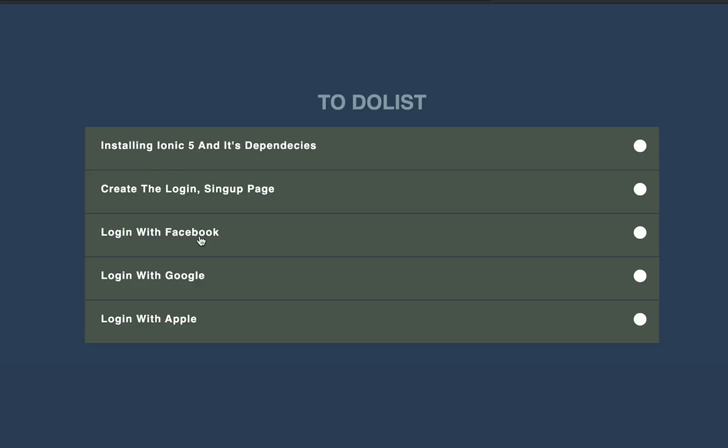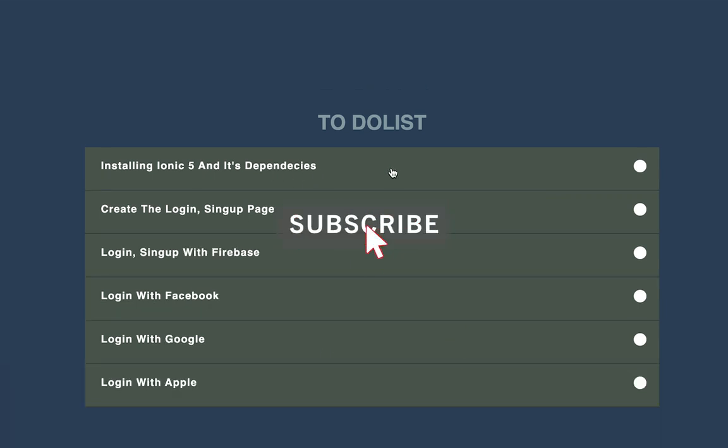This is our to-do list that we are going to be going through. First we'll be installing Ionic 5 and its dependencies, and second we'll create the login and sign up page. The third will be implementing login and sign up with Firebase. Fourth will be login with Facebook. Fifth, login with Google, and sixth will be login with Apple. In this video we are going to be starting with our first item, which is installing Ionic and other dependencies